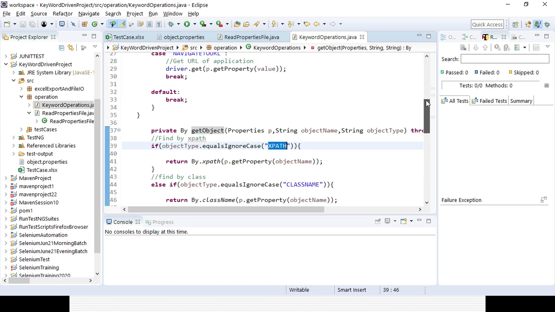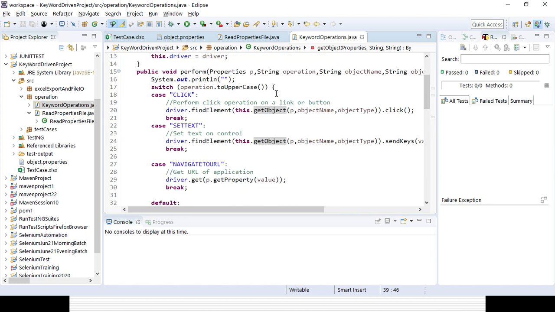Then next one is that I am trying to match what are the different kind of operations I want to perform, whether I want to perform click, whether I want to navigate to the URL, whether I want to perform set text. So whatever is relevant, you can add those cases as part of the switch case statement, right? So in case it is a click, I just want to go to the object and then I am clicking it. In case it is set text, right? So how it is coming? So it is coming from here, everything.